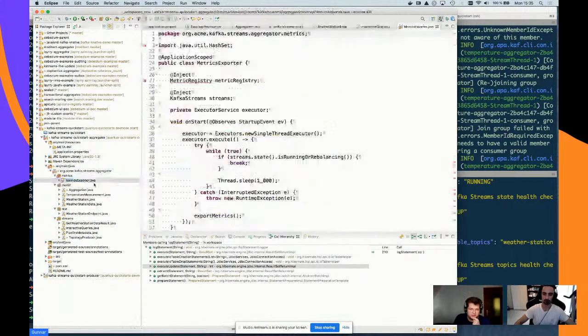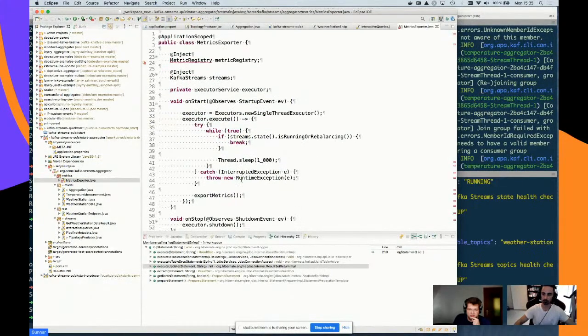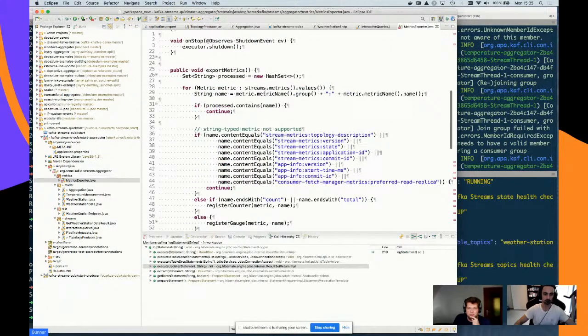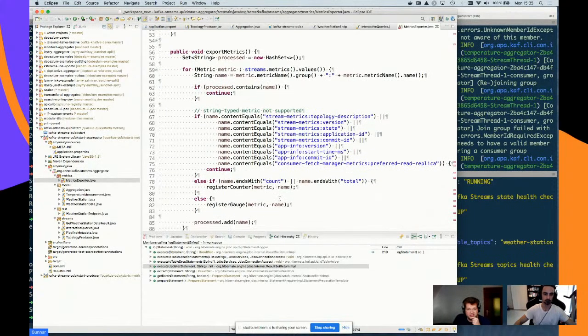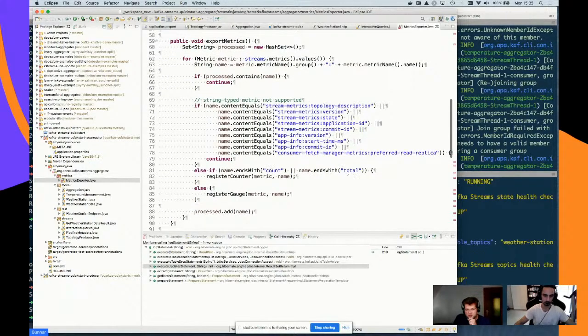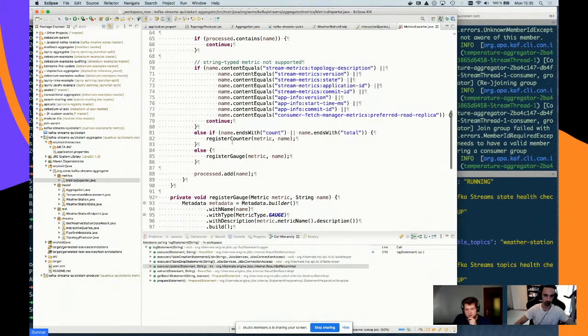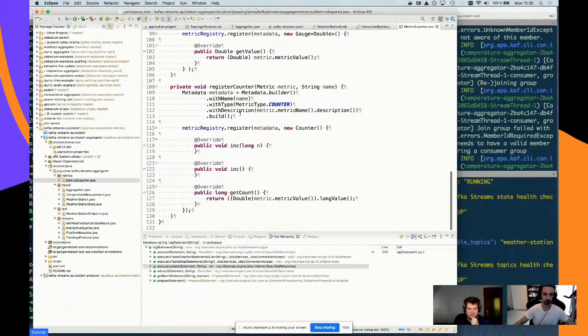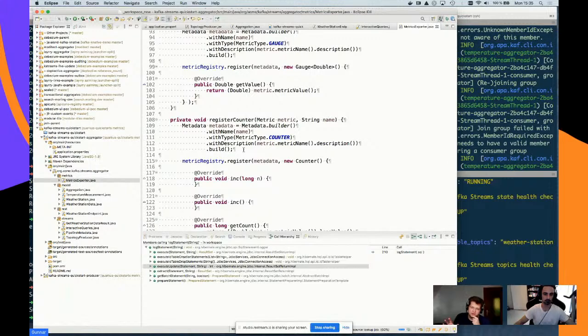I would have to write it myself, and essentially it's just looping over all the metrics which Kafka Streams exposes. There's an API where you can get hold of all the metrics. Then, based on the names, which are very regular and end with count or total and things like that, I expose different kinds of metrics, either a counter or a gauge, or maybe other things. But really, that's 100 lines or something like that. In this case, I'm using the MicroProfile Metrics API. I could also use Micrometer, of course, going forward.